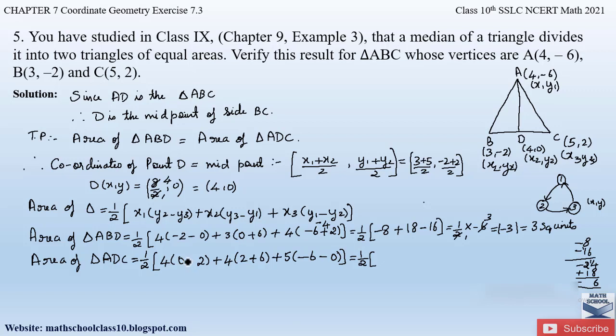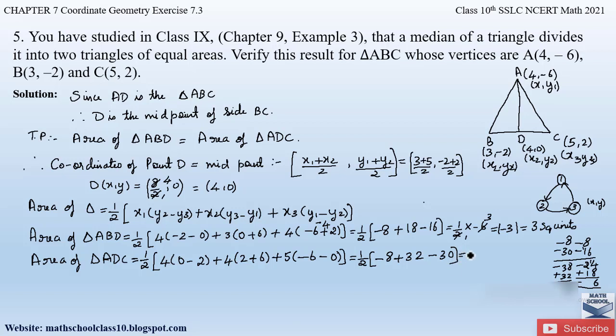So half into 0 minus 2 is minus 2, minus 2 into 4 is minus 8. Again here 2 plus 6 is 8, 8 4s are 32. Then again here minus 6 and minus 0 will become minus 6. Minus 6 into 5 will be minus 30. So what is minus 8 and minus 30? So we will add here with a minus sign. So 0 plus 8 is 8, so this is minus 38. Now we have to add plus 32. So since signs are different, we are going to subtract with the greater number's sign. So 38 minus 32 is minus 6.